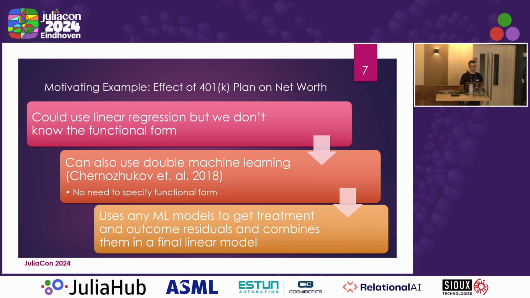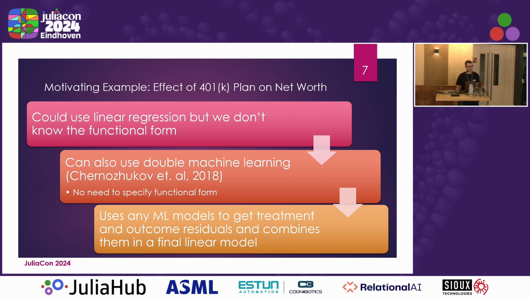And so typically the way you could go about doing this, and I think how it was done in the original paper, is you could just use a linear regression, assuming you have randomization, or at least conditional randomization. But an issue with linear regression, especially when you have more covariates, is that if you don't know the functional form between the covariates and the outcome or the treatment, then you can get a biased estimate. And usually in an econometrics course, you'll hear, well, we can use prior knowledge or domain knowledge, but in reality, we usually don't have domain knowledge of whether we should use the square root or the log of some variable.